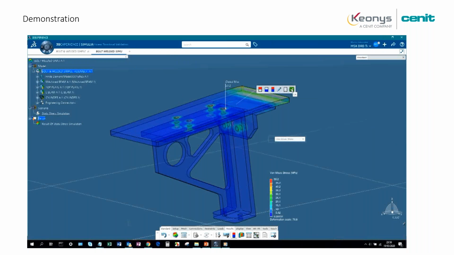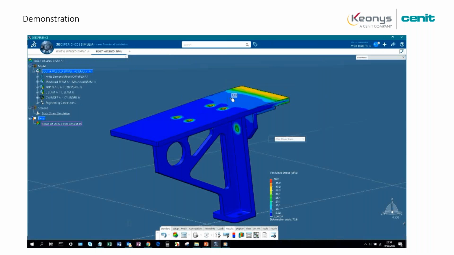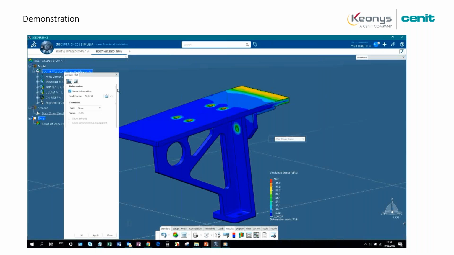You can show only max values or mean values. You can also apply the visualization of the mesh, for example, to see if there is a problem due to the modeling.